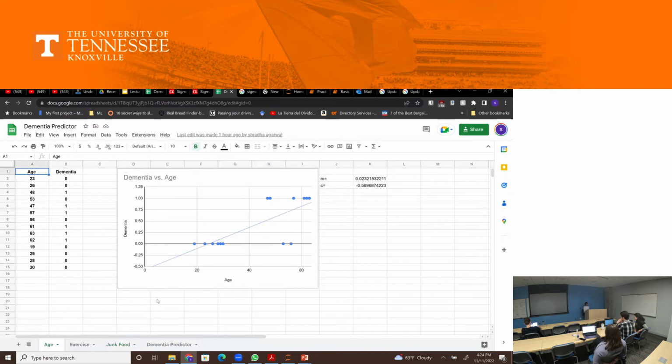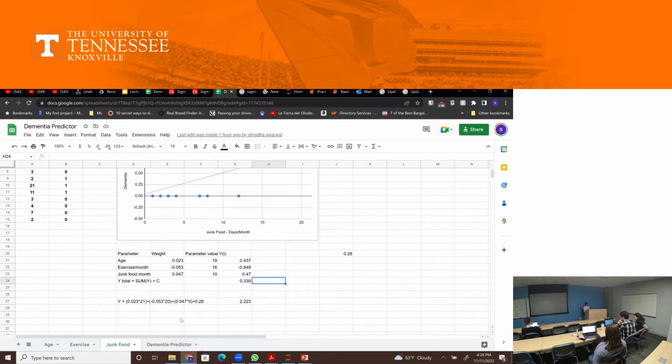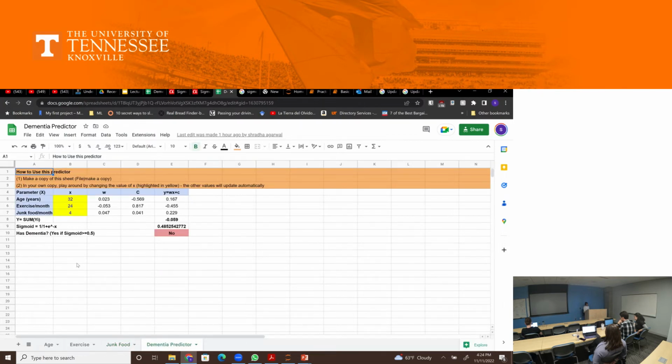Like you have an age, you are getting this Y out of age here, for junk food, and here you can change these values, and you can predict dementia. So here, if I change the age of a person to, say, 64, it should be able to tell me dementia, yes. Here, if I'm changing the age of a person to 4,